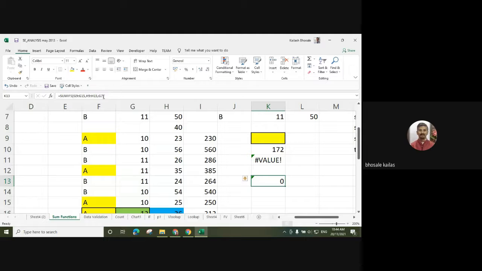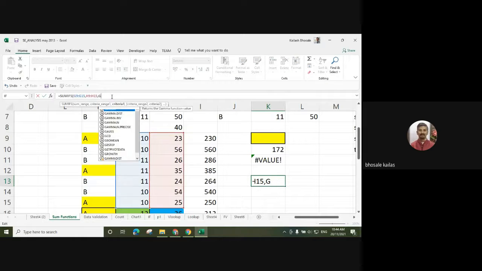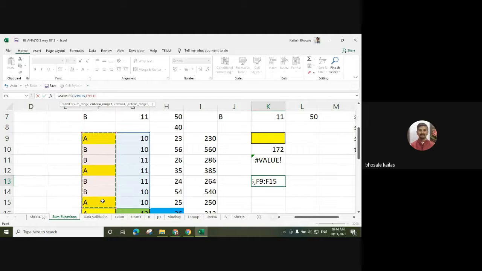It is asking for G9 to G15, then criteria is A to B. And what is the criteria?